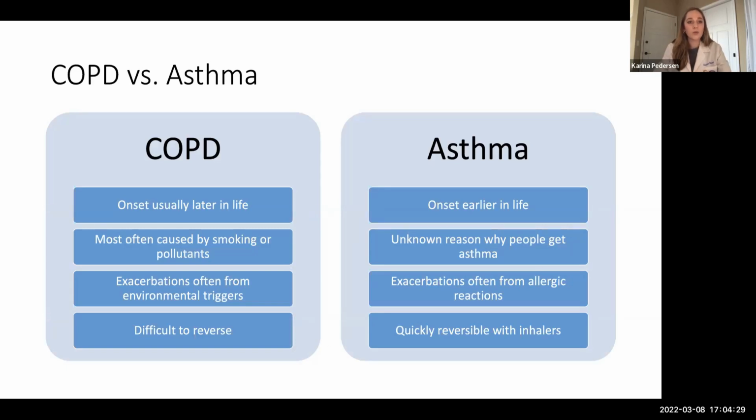Another commonly asked question is the difference between COPD and asthma. To start, COPD has an onset that's usually later in life. It is often caused by smoking or other pollutants. We'll get into that in a little bit, but smoking is the number one risk factor for developing COPD later in life. And exacerbations of COPD are often triggered by environmental factors. I'll get into exacerbations a little bit later, but just to give a brief synopsis,